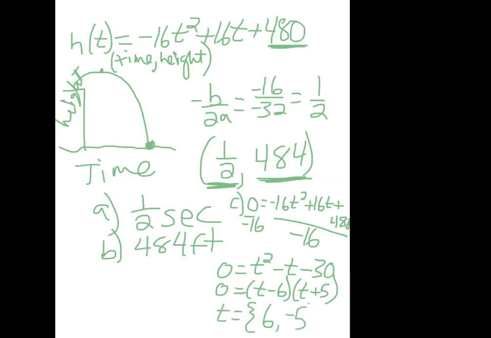So remember that t stands for time. And this is what I was talking about, where you're going to get two values, positive 6 and -5. But if you look back here, I can't have a -5. That makes no sense. But on my graph, my mathematical parabola does continue back here. So that's why there is a second value. It just, in this real world scenario, doesn't make any sense. So I throw it away. Okay, but it was easy enough to get 6 seconds. That's your basic idea here.